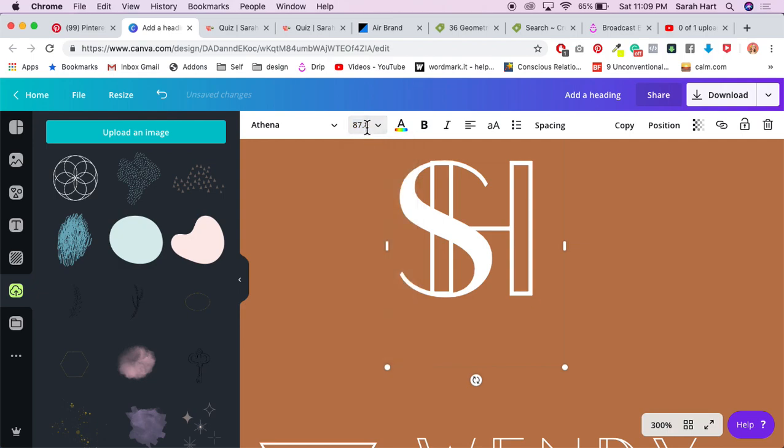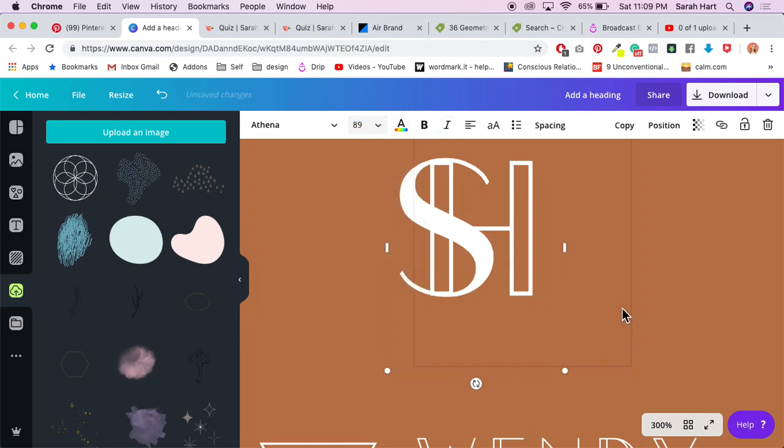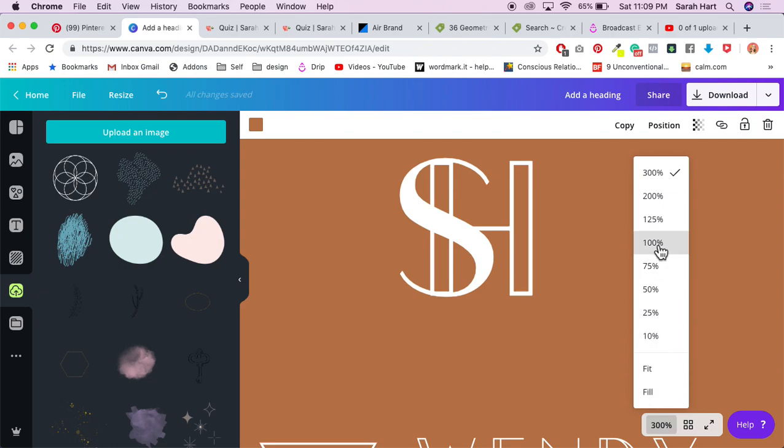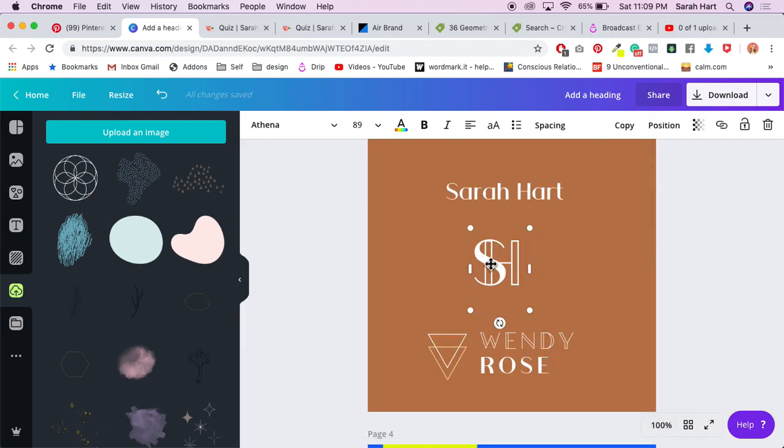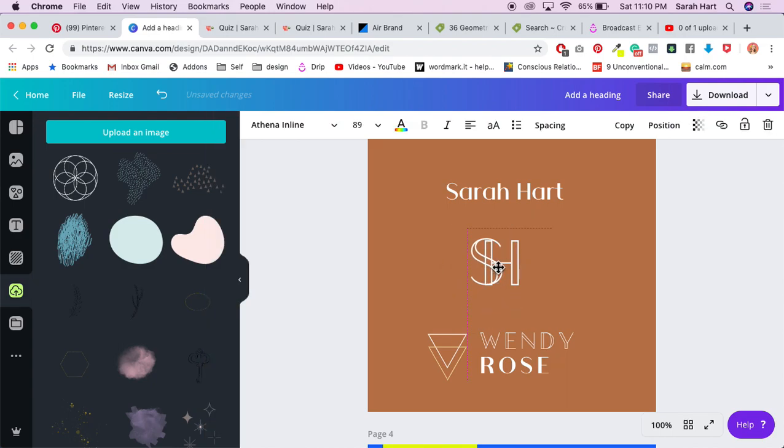I might have to make the S just a tiny bit, maybe 89, just a tiny bit bigger, so it doesn't have that weird edge on it. So that's something to note: those little details are important to get that crisp look. I'm going to try this one too. I'm going to use 2 inline to see how this looks there. Oh, I kind of like this too. So you can kind of play with